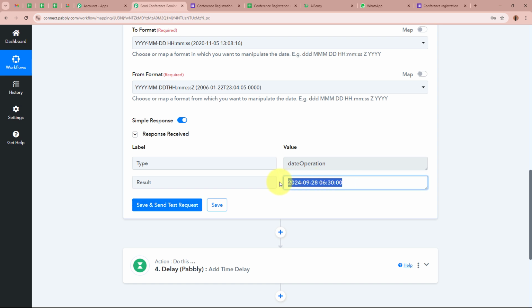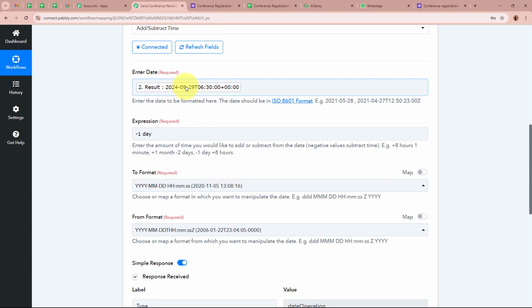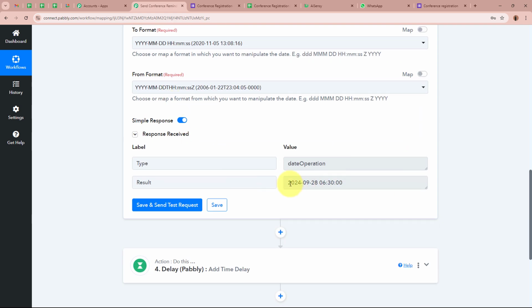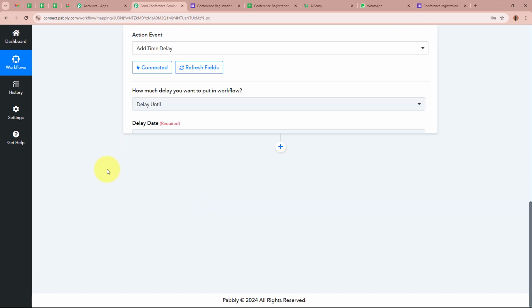As I do that, we have received the delay date and time that we wanted. This is the date, that is 20th September 2024 at the same time, that is a day before the event. This is the date of the day before the event. The event is on 29/09/2024 and this is 28/09/2024. So as we have received the date and the time in a UTC time zone format,